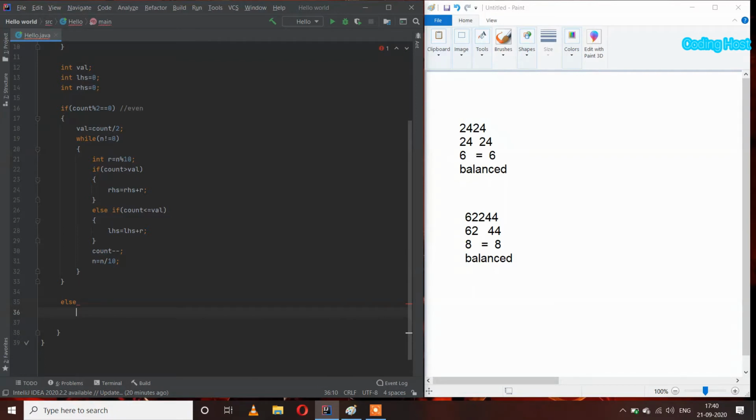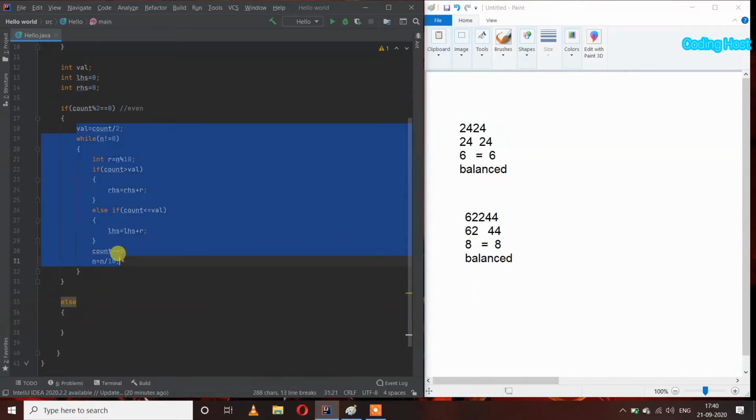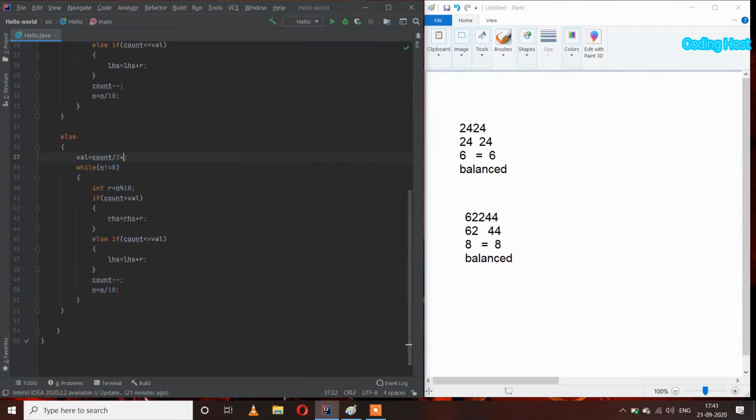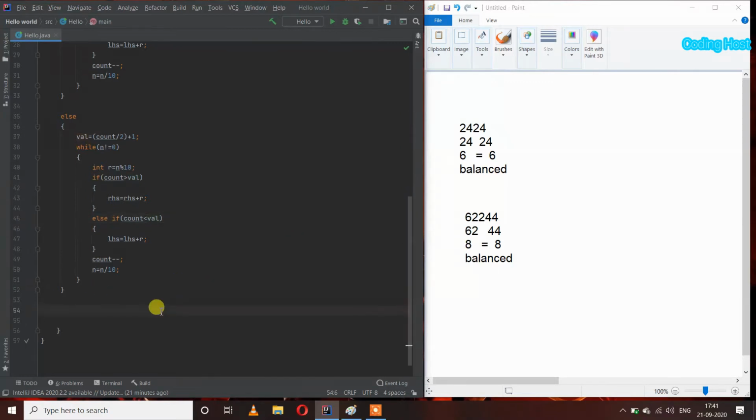So else here, and in this I will take this whole code, but we have to make some changes here. So I am writing here 1 and taking this inside the bracket, and after that in this else if statement I will remove equal to from here, and in the last I will use another if else statement.